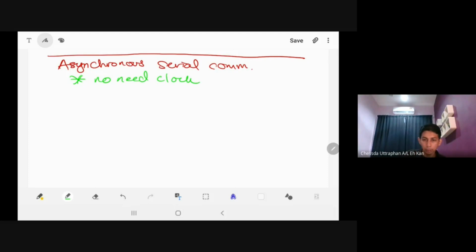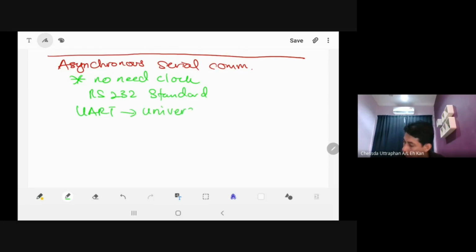Okay, no need for a clock. And the standard that we will use is the RS232 standard. And the protocol is named UART,